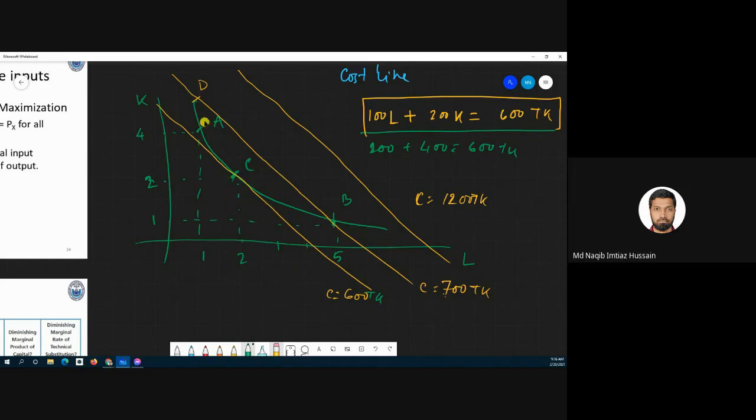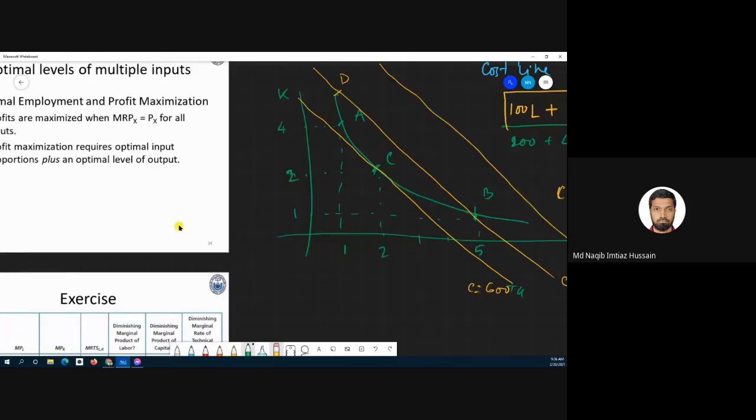So how do you choose which point to operate? You look at the cost lines and find out which cost line touches the isoquant line. The point of touch is your point of operation. Okay, now going back